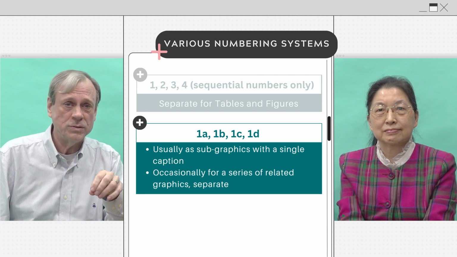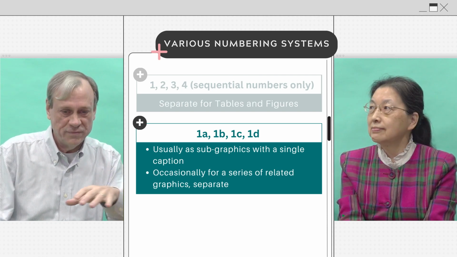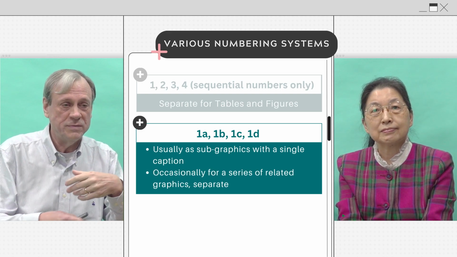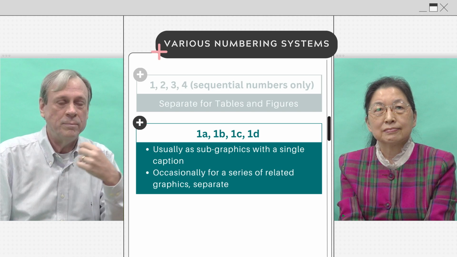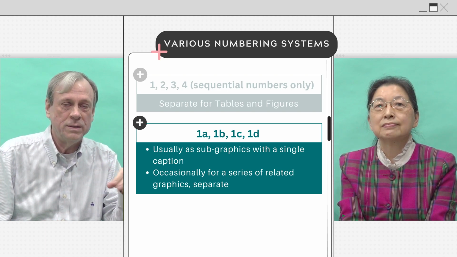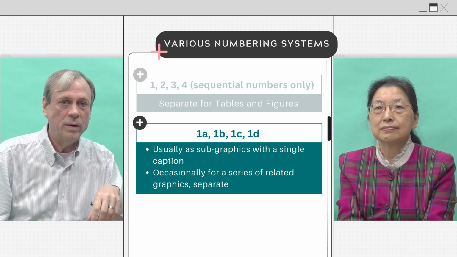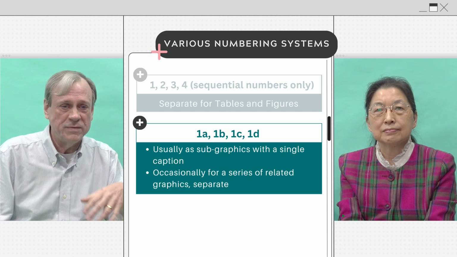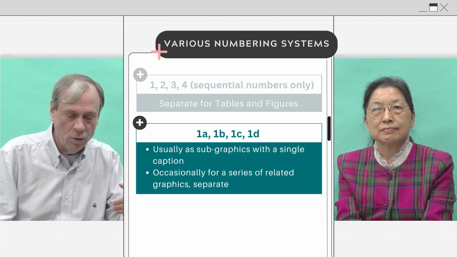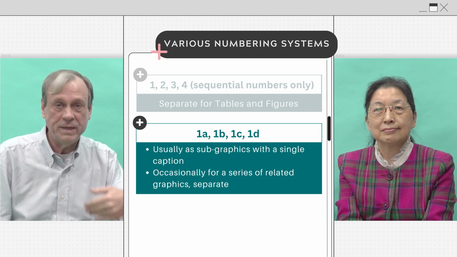And in those cases, those are labeled 1A, B, C, and D. Sometimes, if those are very large, for instance, if it's a table that goes on multiple pages, but also has subparts, you may have table 1A, table 1B, to show that they're related.